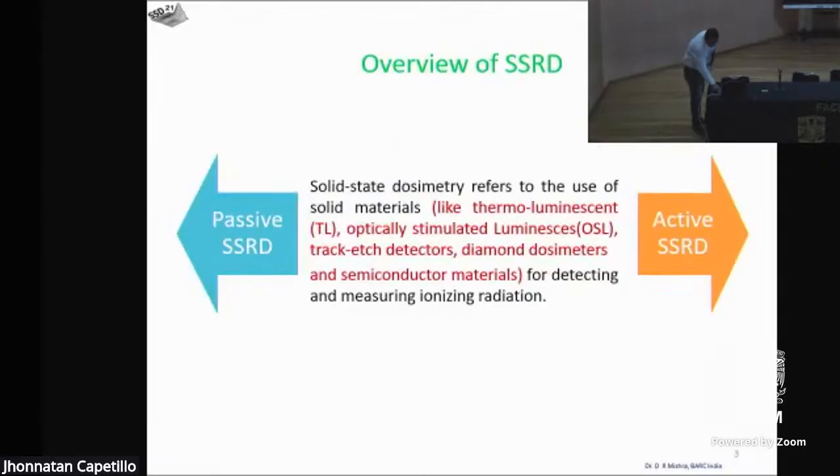So when we talk solid state dosimetry, we have two directions. One goes for active, other goes for passive. Now, in some cases, the boundary is very thin. Like, for example, take OSL. You can have optical fiber-based OSL systems. It's an active system. But traditionally, it is famous for passive systems. So yes, we have a bridge between them.